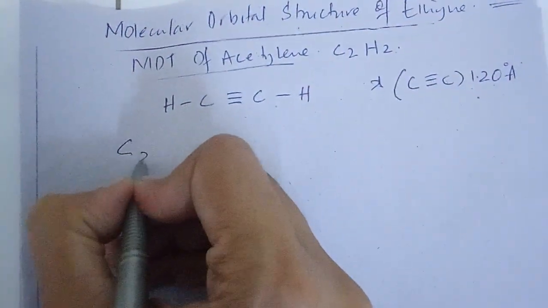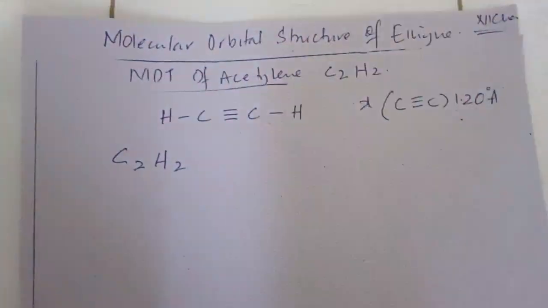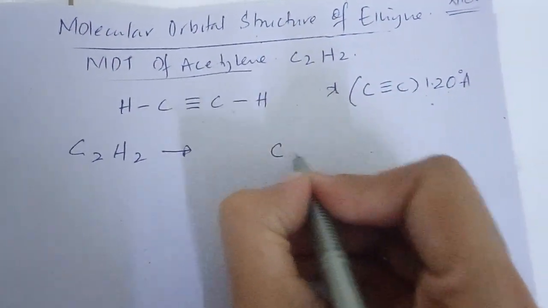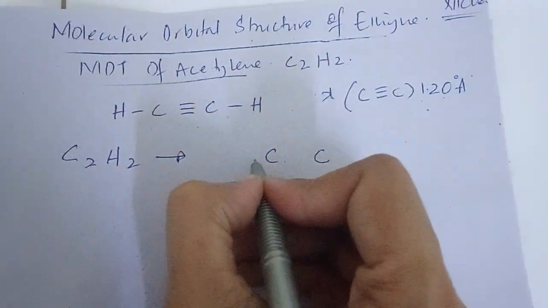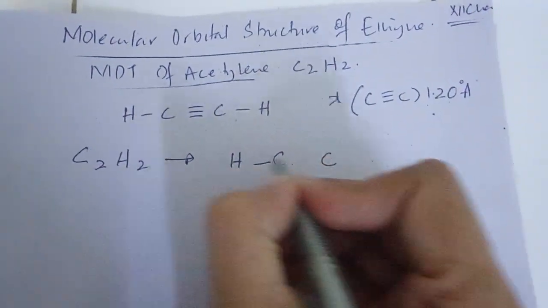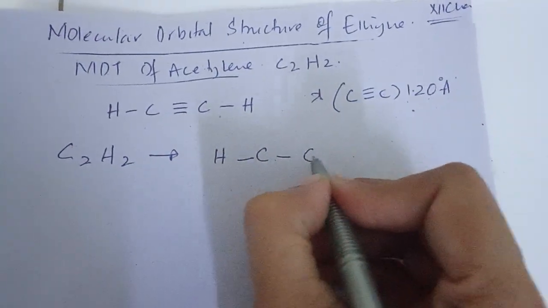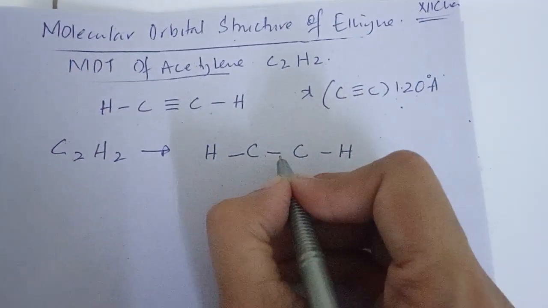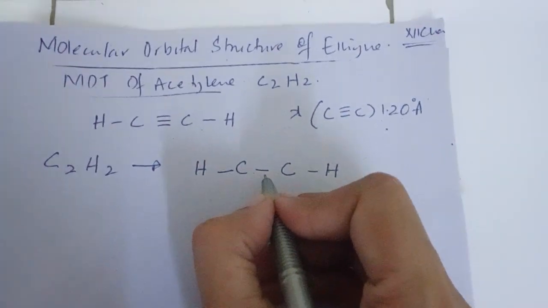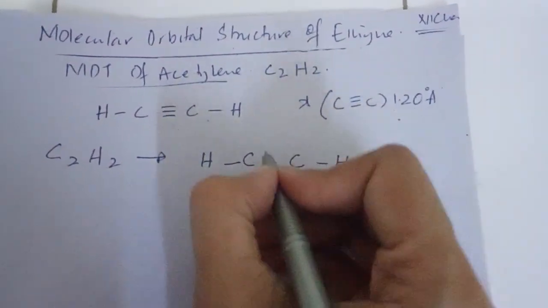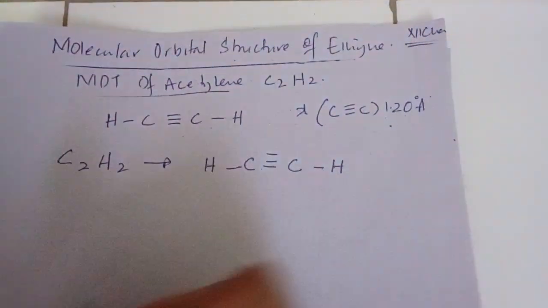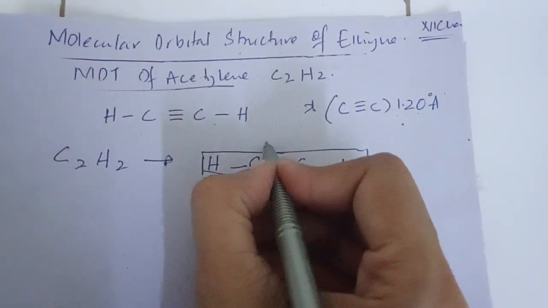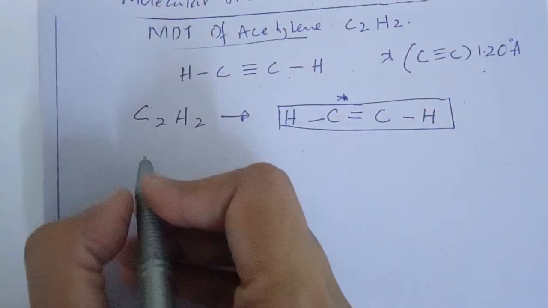So the structural formula C2H2 can be identified in such a way that carbon is attached with another carbon, and each carbon is attached with a hydrogen through a single covalent bond. We are much aware that carbon is tetravalent in organic chemistry, so 1, 2, 3 and 4. So in acetylene, we will consider each carbon as a central element and we will draw the